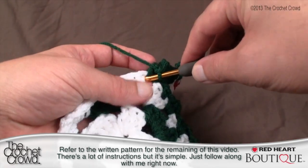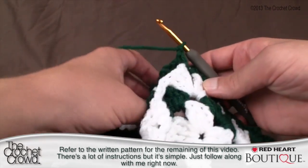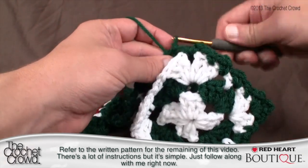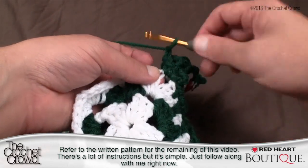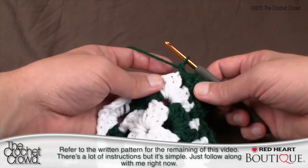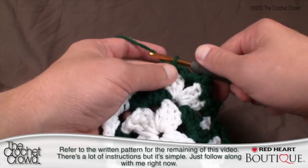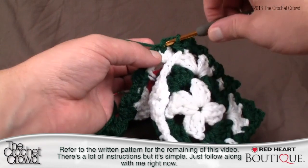Come back down on this side for a single crochet, and now chain 1. Okay, and now we want to get the chain 2 on the other side, so we pull through and through. So if you're watching the directions, this is where you should be dropping your loops. So we're just going to single crochet just like there. We want to chain 1 because we're going to move to the center, so single crochet, and now come into the other side where you've done the single crochet, pull through and through